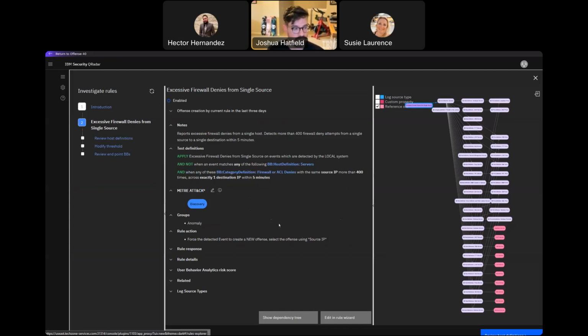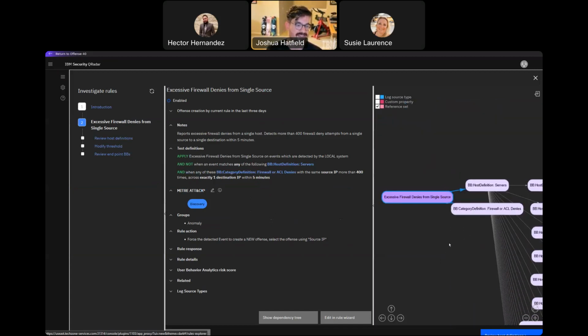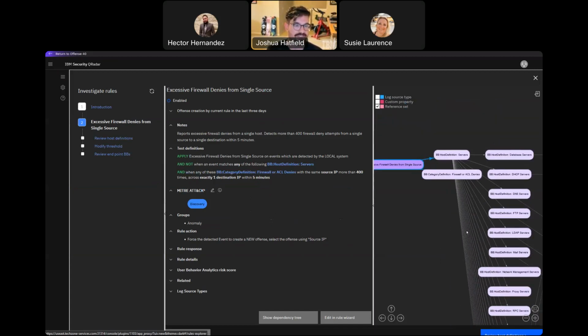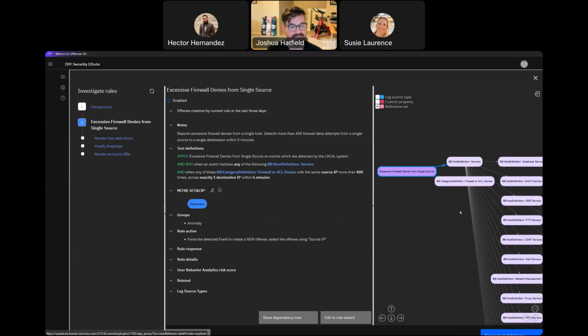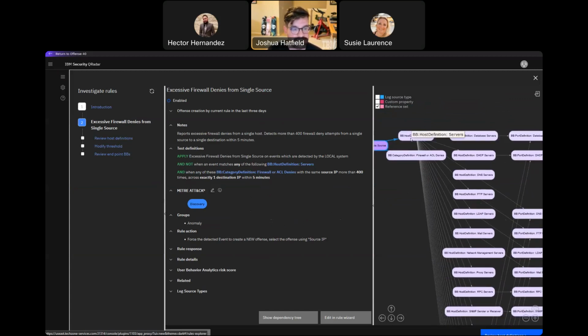So it's a pretty simple rule, but a really good use case in that you want to detect this. It's a very common technique that people use before trying to initiate some type of threat action. We can also see all the dependencies that this rule has in a graphical view. So we can see it's depending on the definition of servers, the definition of firewall denies, and then part of